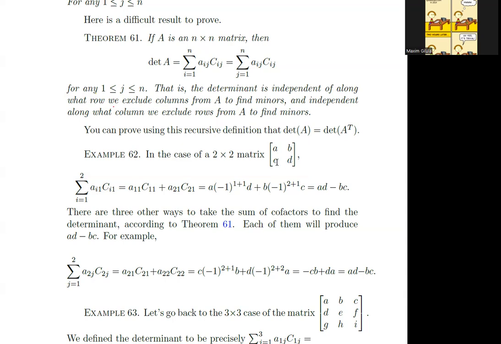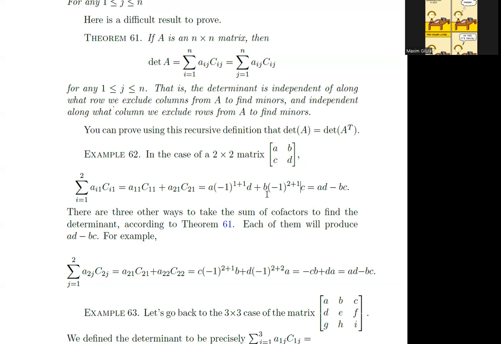And then we look at the second entry. Oh, I should have done C here, actually. So this is a typo. I should have taken the first column, so it should be C times minus 1 to the 1 plus 2 B. But anyway, it's the same. It's still AD minus BC. And there are three other ways to take the sum of cofactors. You could remove the second column, or the first row, or the second row, and each of them will produce